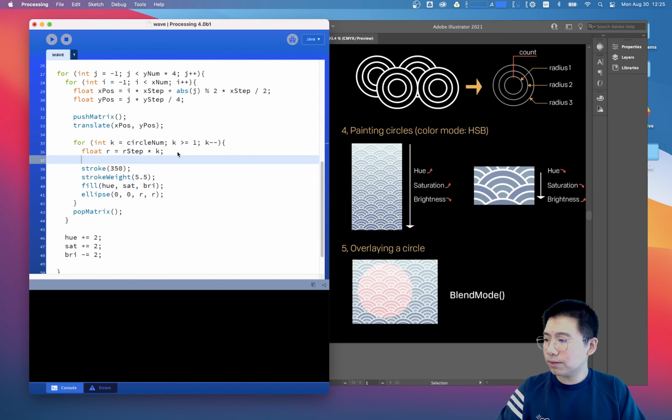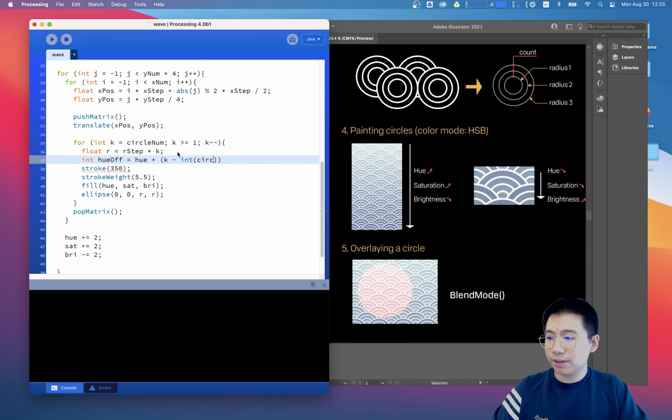And what I want to use is to create an offset value on the hue. So I can say integer hue offset value equals hue plus k minus integer